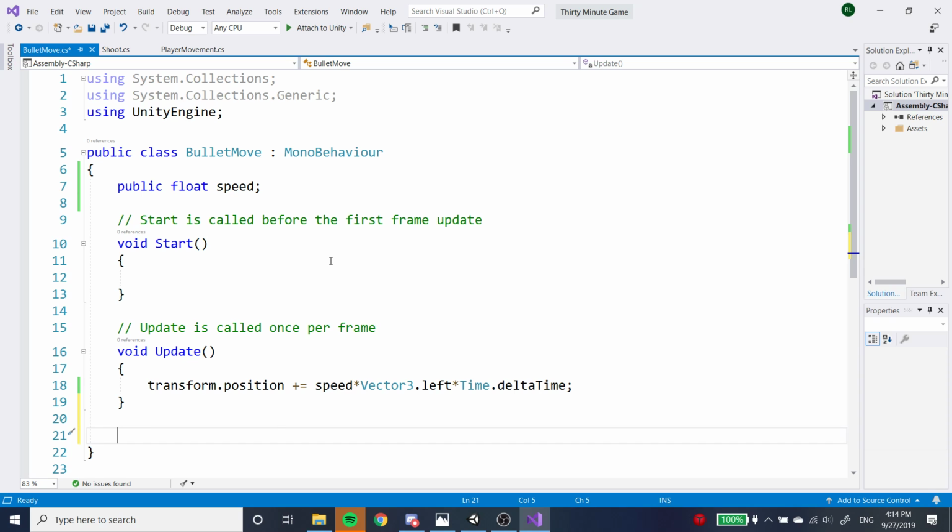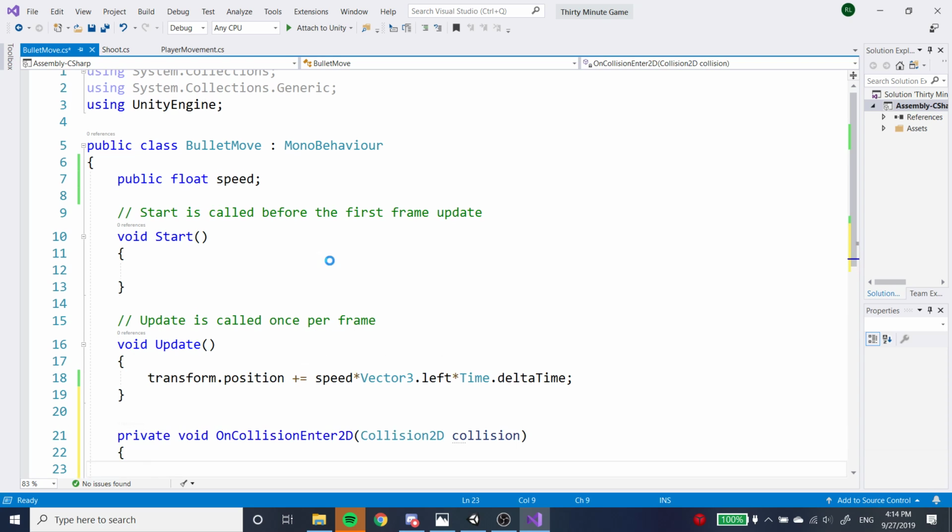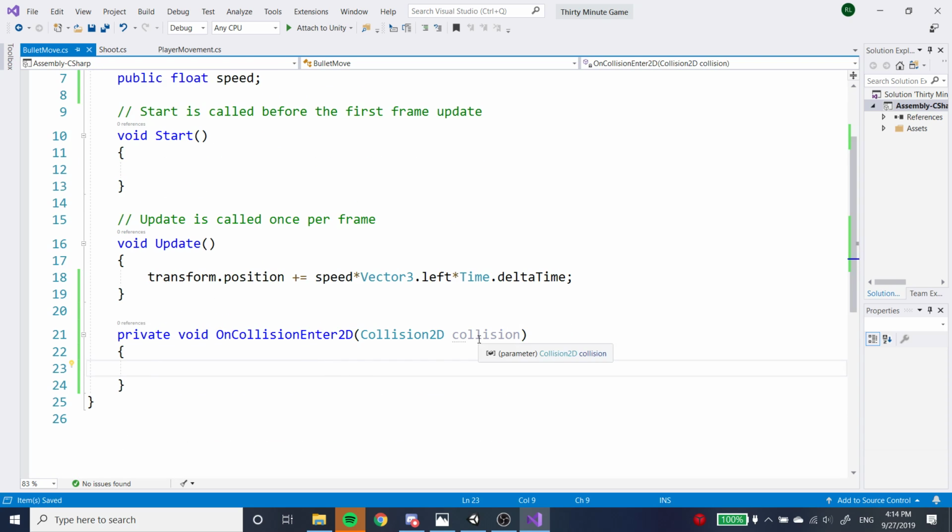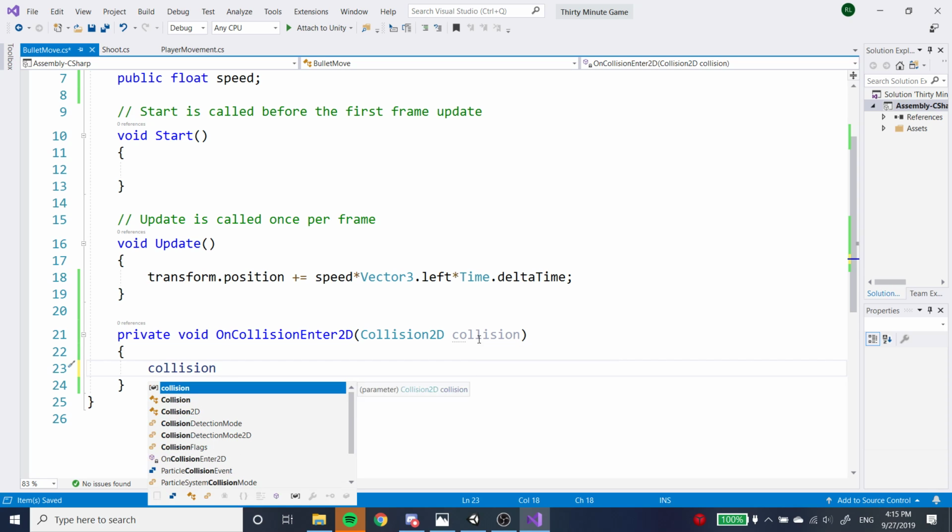So the function to do that is called void OnCollisionEnter2D. At least the function name is a little bit intuitive, but from here on out it might not be so intuitive. Basically, collision is kind of a data structure. Think of it like a piece of paper holding a bunch of data, like receipts. Receipts hold numerical data: how much of this you bought, how much it costs. In this case, collision holds data on